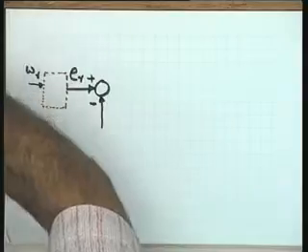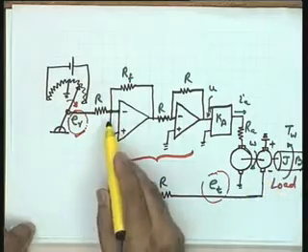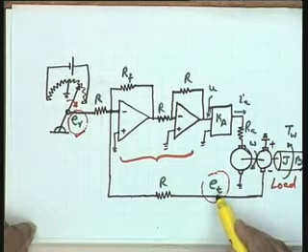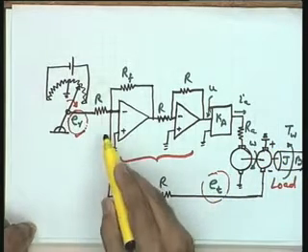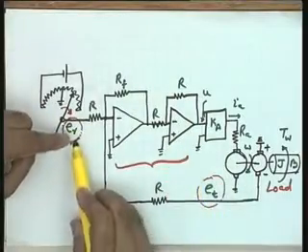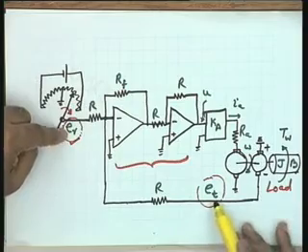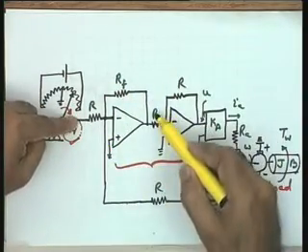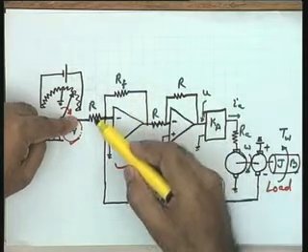You will note, I think I can go back to the diagram. You will note that ET is a minus signal, the ET plus minus over here, the suitable algebraic sign has been given to ET. So, as far as the block diagram is concerned, as far as this amplifier is concerned, you can see ER minus ET is being multiplied by the gain of this amplifier. What is the gain? It is RF by R.